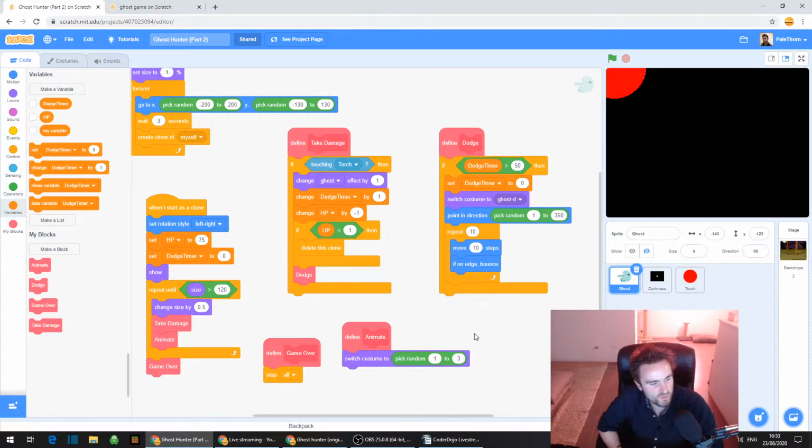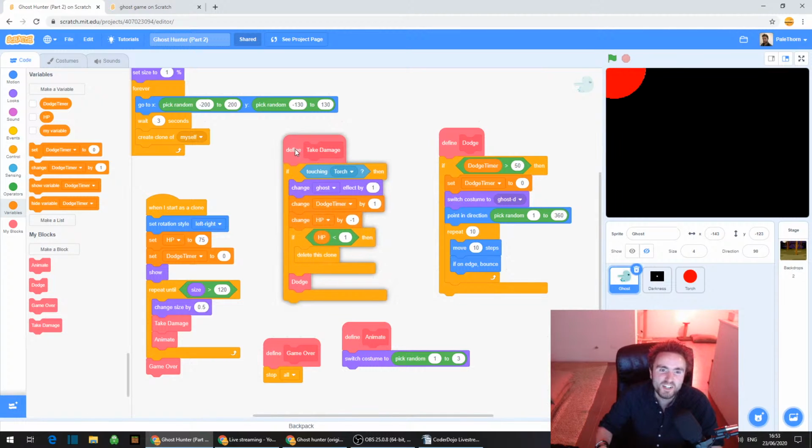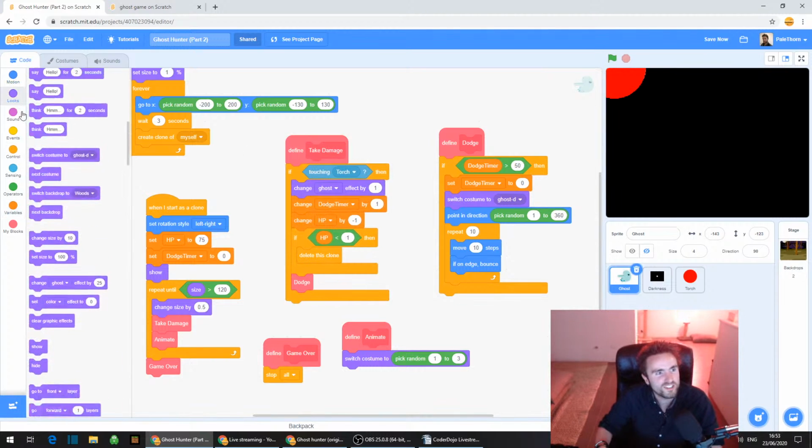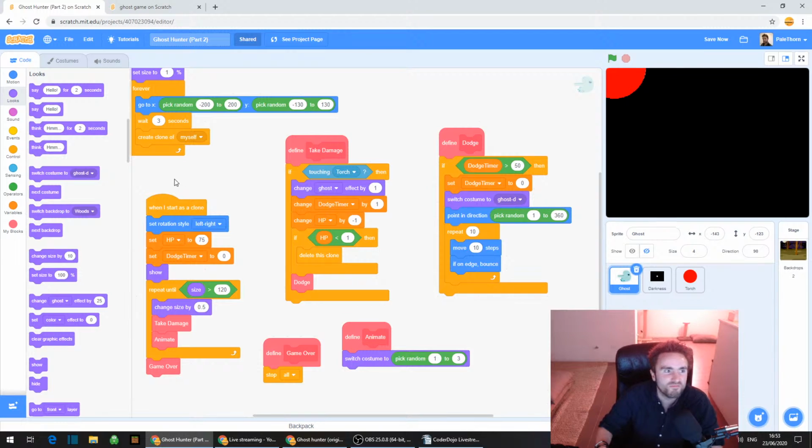AD says, I'm going to make a mythical ghost which gives you V-Bucks codes. Yeah, you could probably do that. If you wanted to give away the V-Bucks codes, you just make them talk, wouldn't you? Like if you win the game, they would just say, and you'd have to type in all the V-Bucks codes.